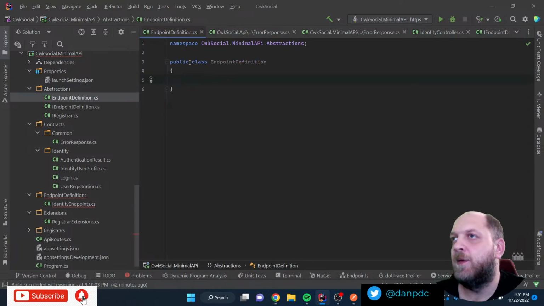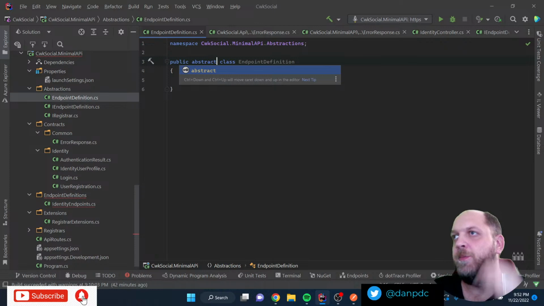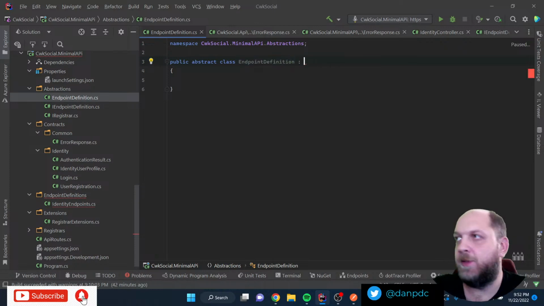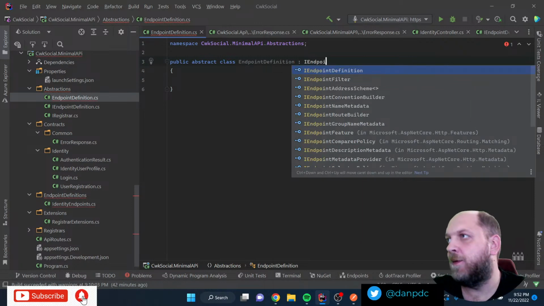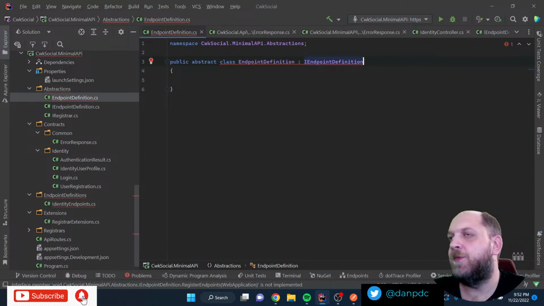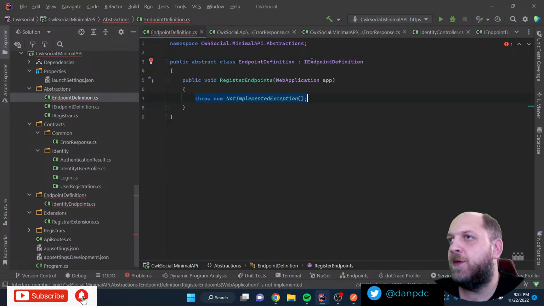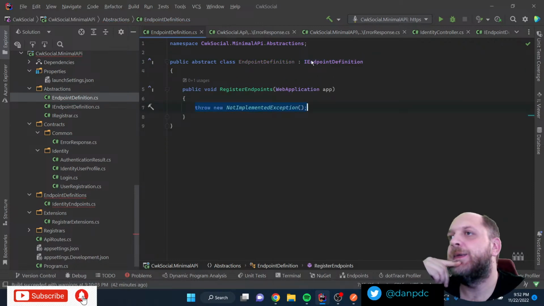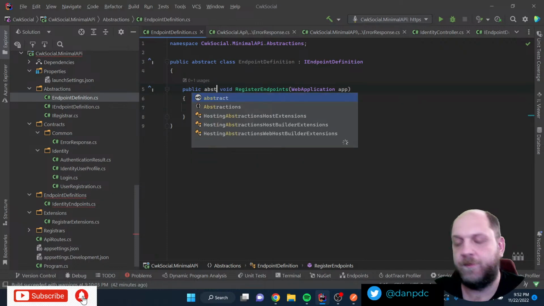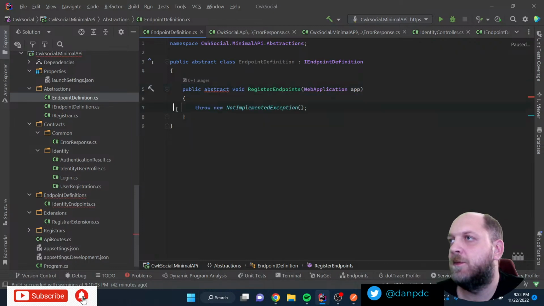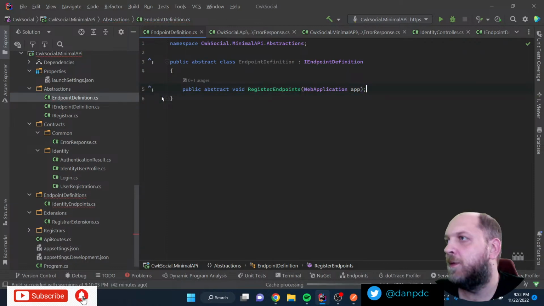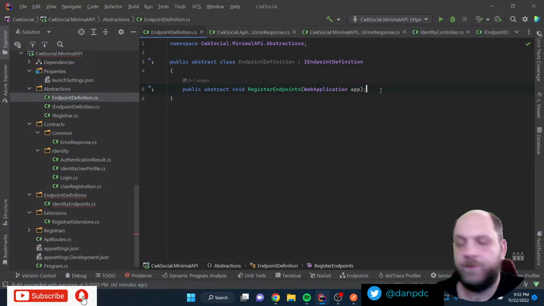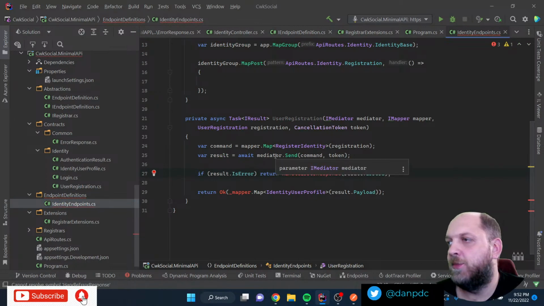Endpoint definition, and this class will be abstract, and it will inherit endpoint definition. Now, am I obliged to actually implement this? Yeah, but something like that. We'll make this abstract, and then what we want to do is